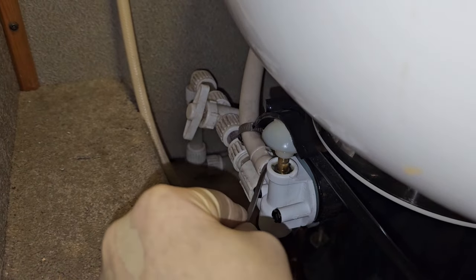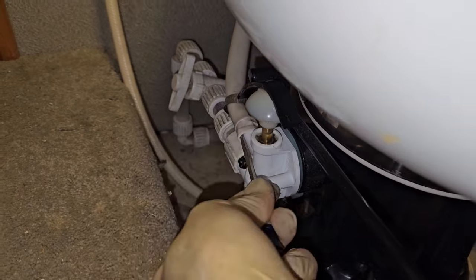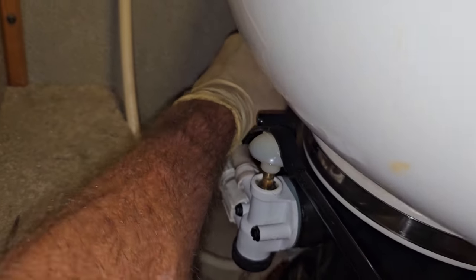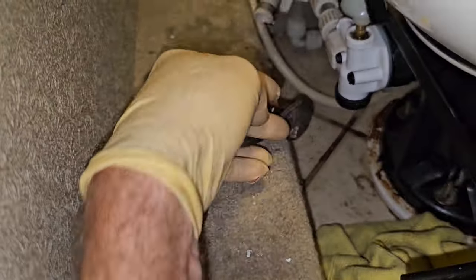It's a vinyl hose, or a poly hose, so it does like to conform a little bit to the barb fitting that's on there. And if I were worried about saving it, I may not be quite so aggressive. And of course that kind of points out why I don't like having carpet in the bathroom area, because now we have water. It's clean water, but...